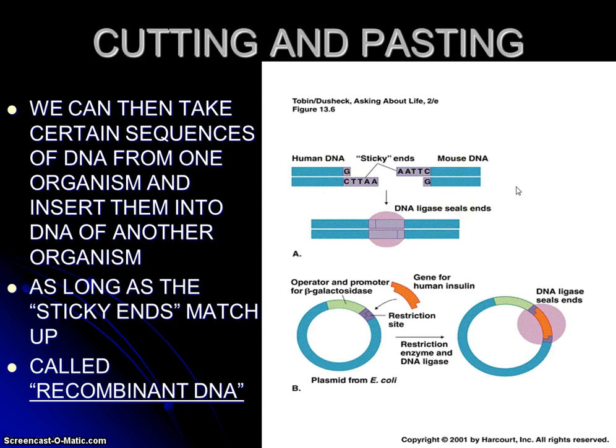We can take different genes from various plants and mix them. We're unlimited, really. And as we can see in this example down here in B, here's a bacterial DNA or a plasmid from E. coli, a type of bacterium in our gut. As long as we cut, for example, a gene on how to make insulin, as we saw earlier in our DNA unit, the same way so their sticky ends match up, we can actually put a human gene